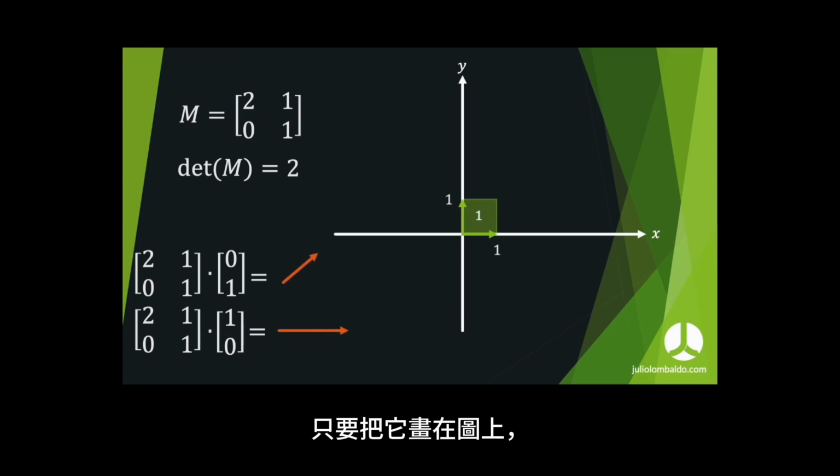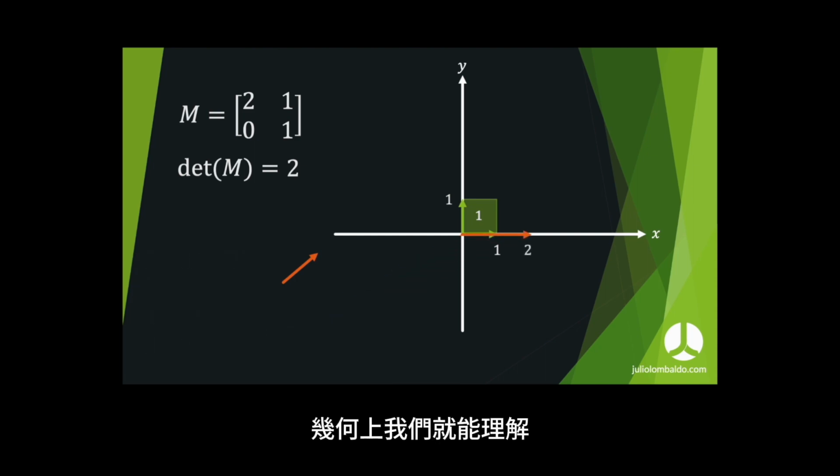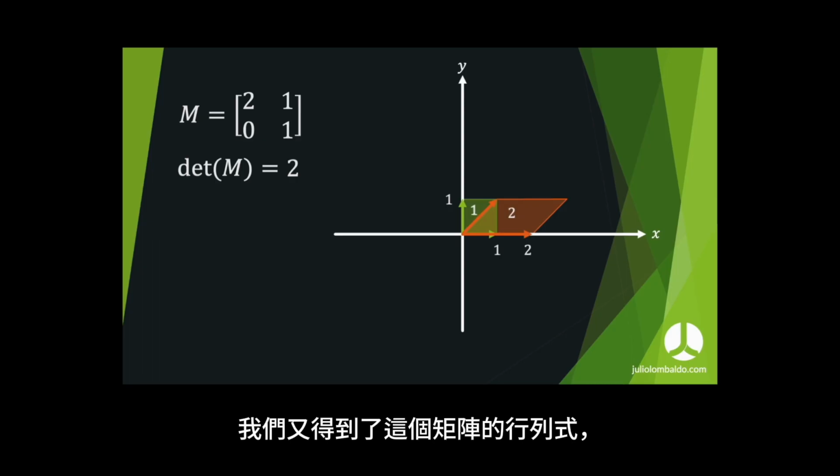And just putting this shape in the graph, geometrically we can understand that here we have these two vectors. These two vectors form a parallelogram, whose area is 2 times 1. In other words, it is 2, that is the new area times the first area. In other words, again, we have the determinant making this relationship between this matrix and